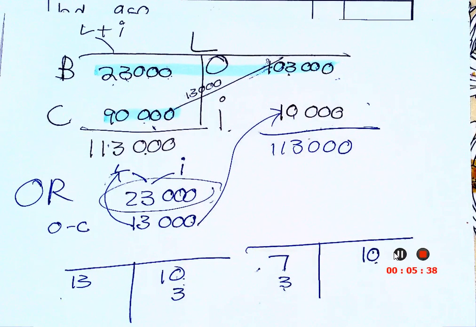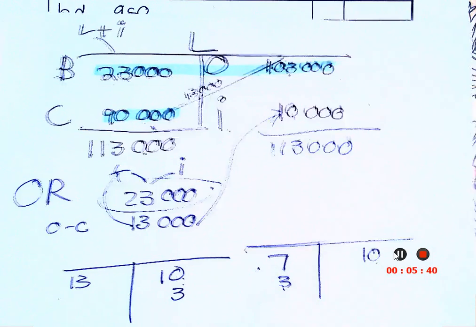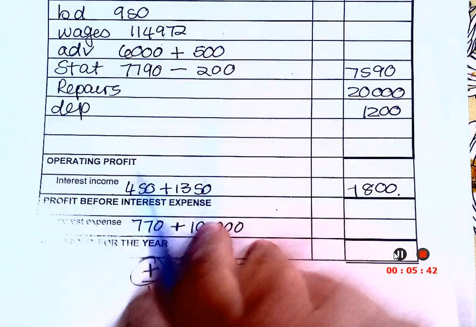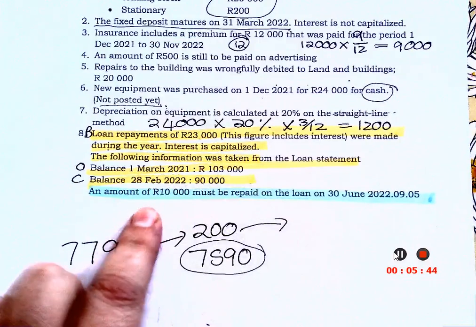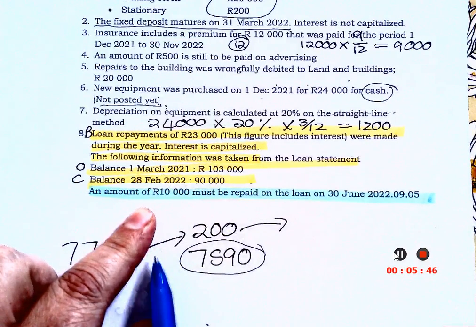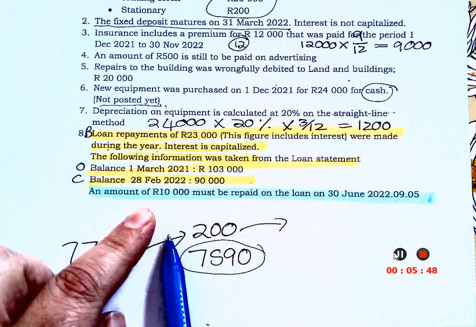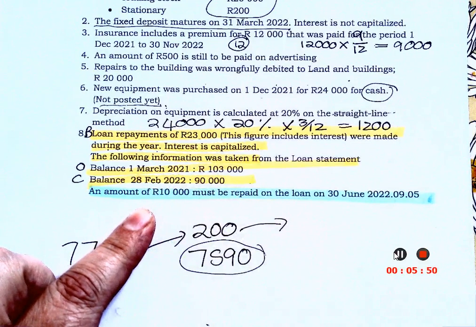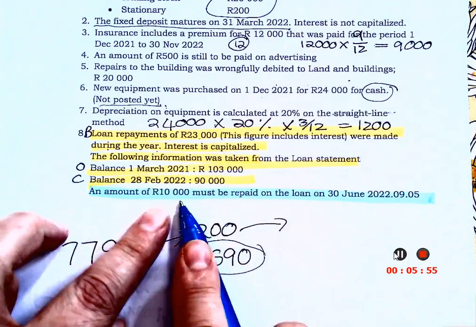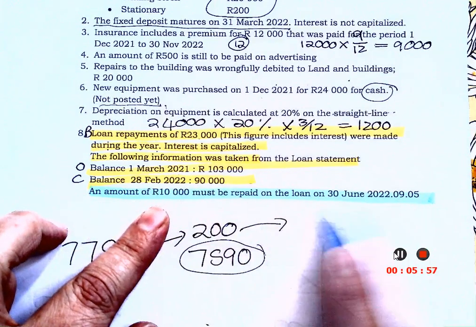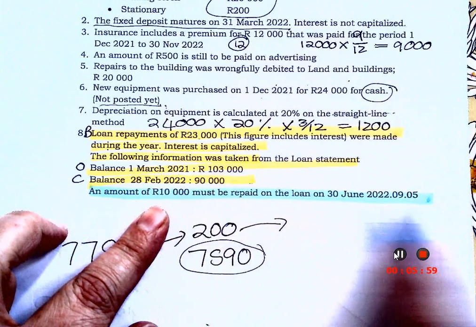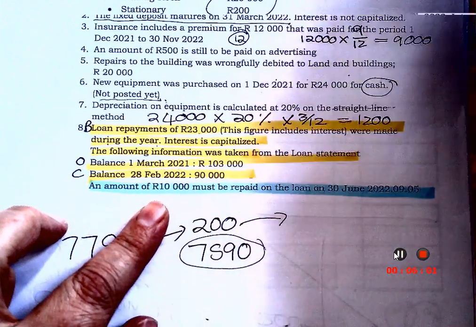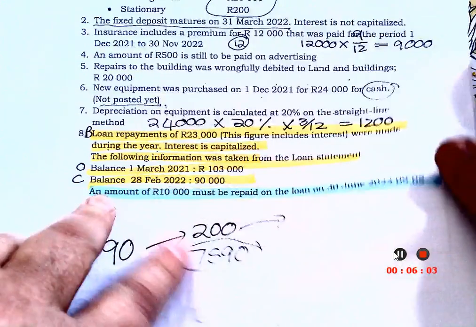You sure? Okay. Now I want you to go to the next sentence. So that blue sentence there is going to earn you marks in the test because this is straightforward remembering. They say 10,000 must be repaid next year. Can you see it's next year? So now if I look at my loan in the balance sheet,